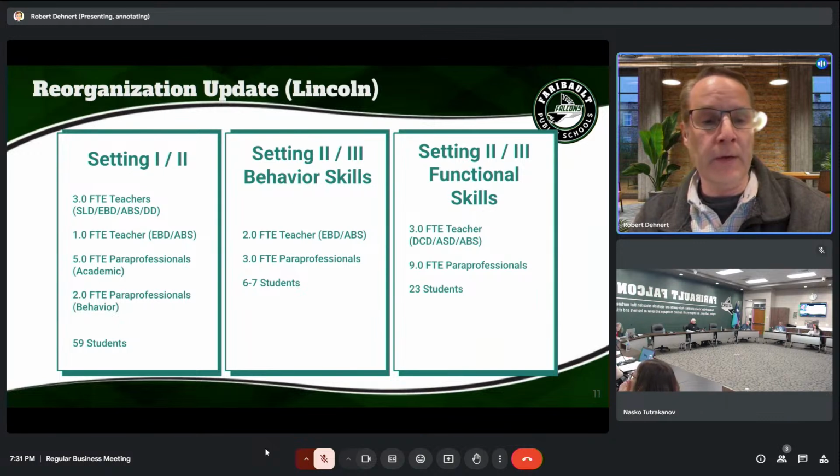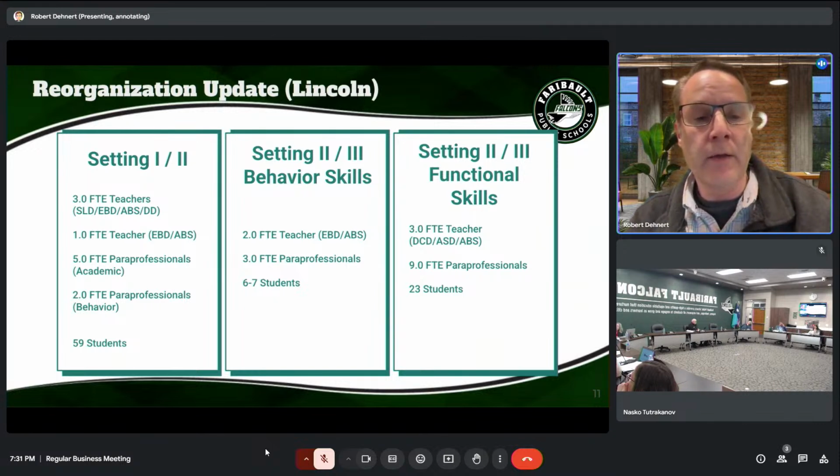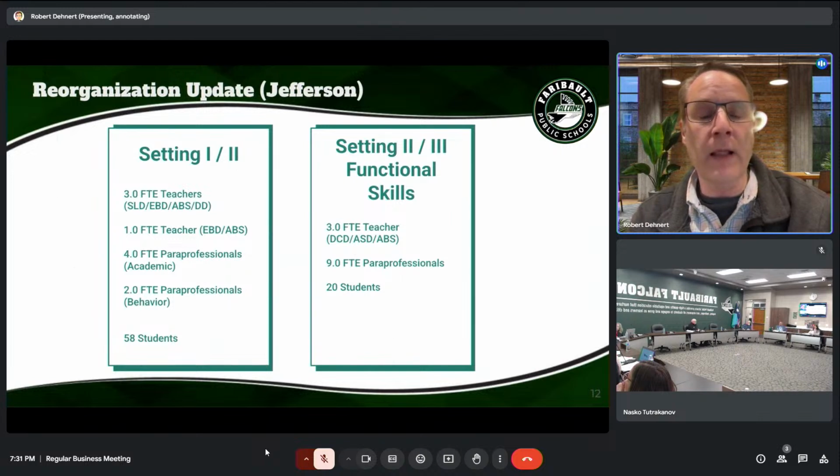And then at the other buildings, similar at Lincoln, I have 3 teachers who teach SLD, EBD, ASD at a Setting 1 level, and an EBD, ABS teacher at the Setting 1 and 2 level. I have 2 EBD Setting 3 classrooms, and I would be looking to add 1 more DCD classroom to have 3 FTEs there. And then the profile at Jefferson is similar, except there is no Setting 3 behavioral program at